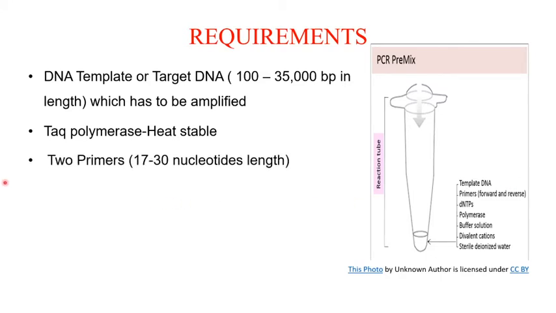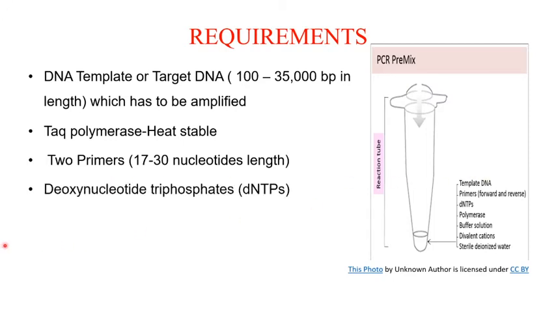And the next components are two primers, which are usually artificially synthesized oligonucleotide sequences of DNA ranging from 17 to 30 nucleotides in length. And these are short DNA sequences which anneal to the single-stranded template DNA at its exact complementary position. GC content, guanine cytosine content, melting temperature, and length are key factors for primer designing.